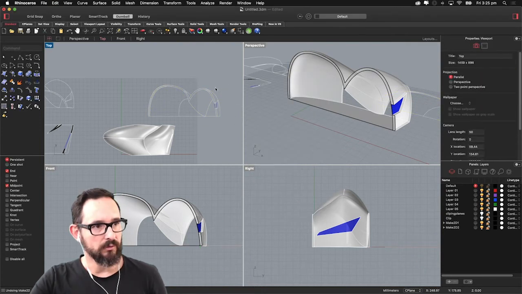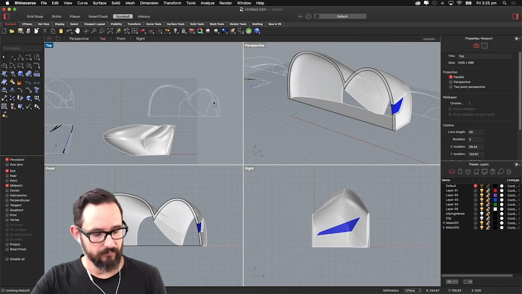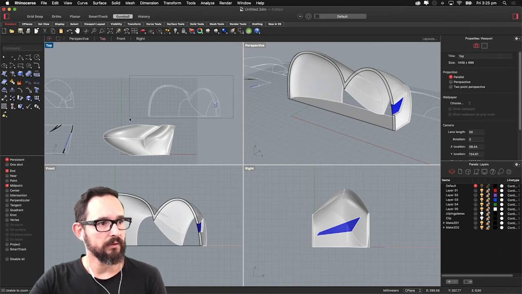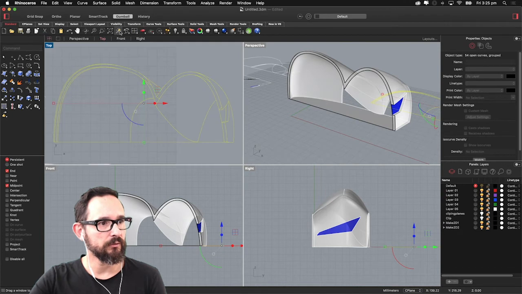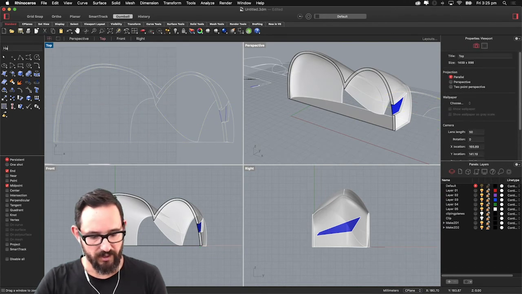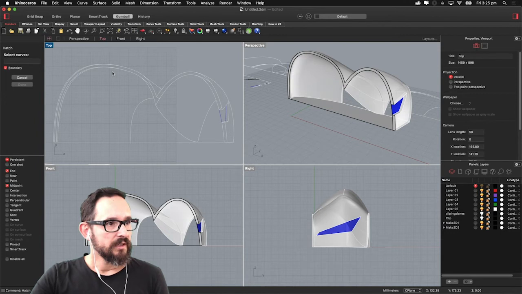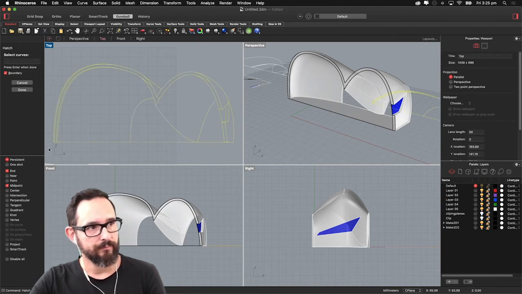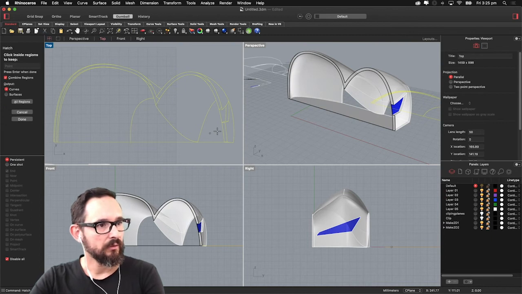Okay, Control zoom select. Okay, this one, and the zoom selected like this, it will focus on what you want to do. Hatch. Curves to hatch. I'll select everything. You can start deleting curves if you want here in Rhino as well, but I'll select all of them, press enter, click on the regions, 1, 2, 3,